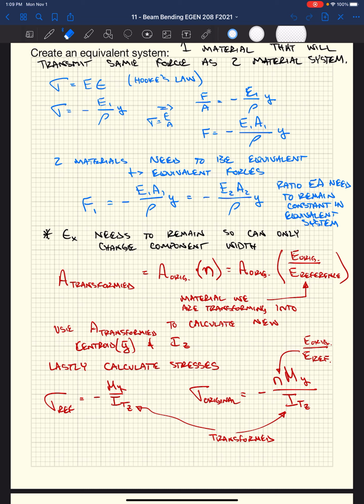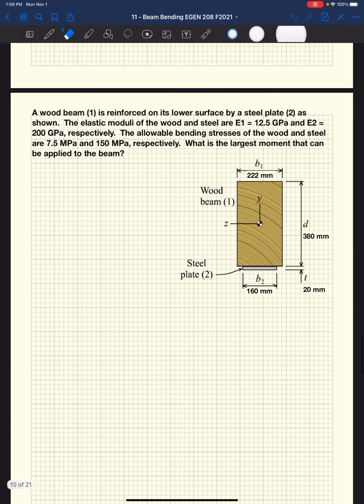So for wood and steel, for instance, if we're going to take steel and make it into wood, obviously steel is a lot stiffer than wood, so we're going to have a big number for n, and we're going to make whatever steel in our cross-section really wide. You could do it the other way, and if you had wood and steel, you could take the wood and make it steel, but then that wood's going to get really, really narrow. Same thing. We're keeping the thickness the same, so we just changed the width. And it all came back to some of the stuff we discussed on Friday, but we don't need to